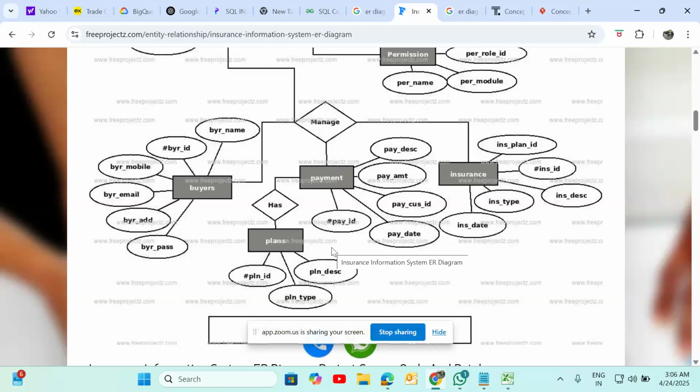Then logical: what is the relation between buyers, payments, insurance, and plans? Is any repetition of tables required, or can we join? These we can create as one data mart.